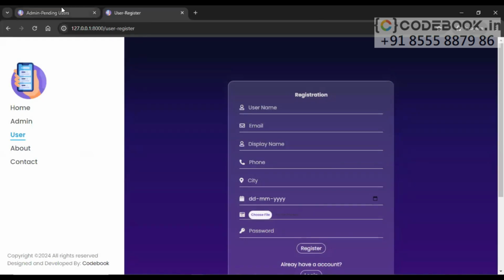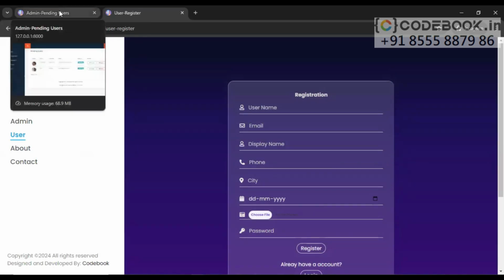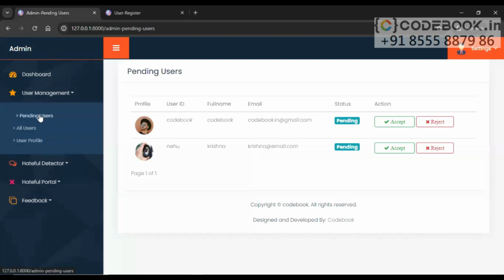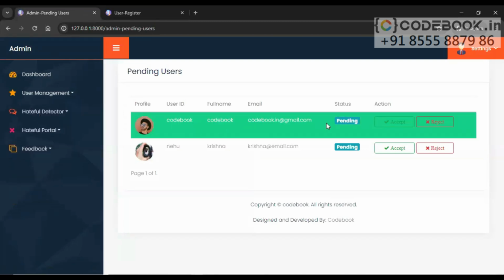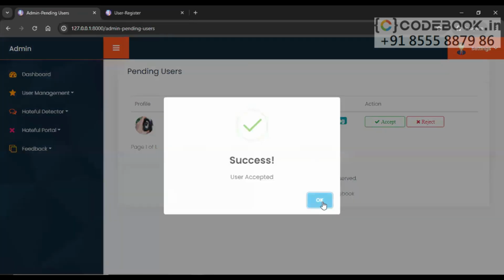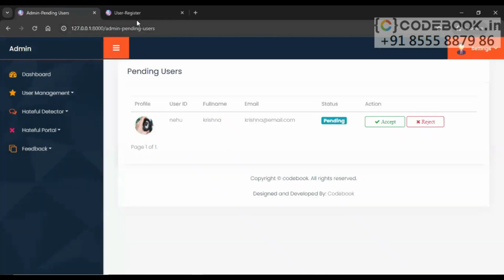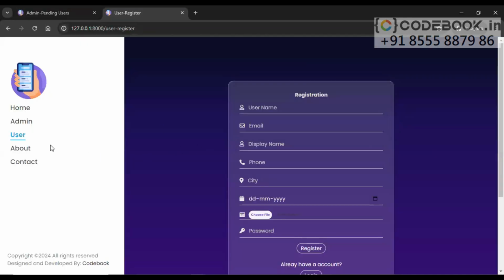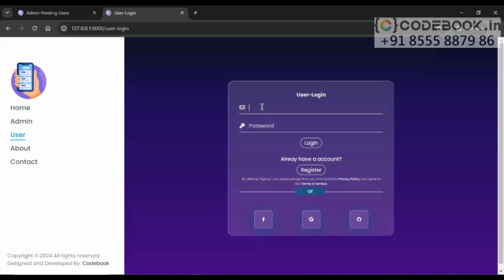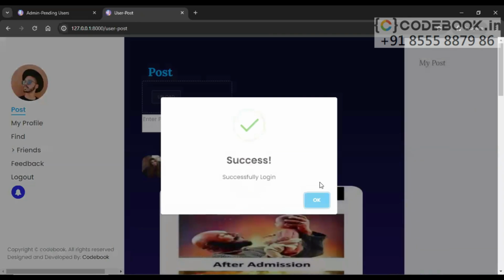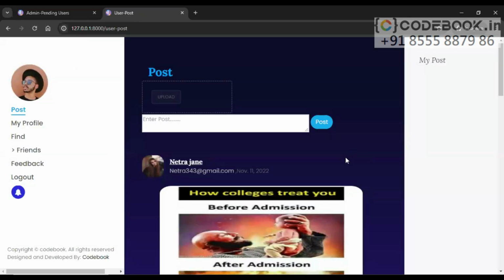Now let's go to the administrator and try to activate this user account. I'll click on this accept button. Account authorization has been completed. Let's try to log in. User login, and I'll provide the credentials here. Now the login has been successful, and we have been redirected to the